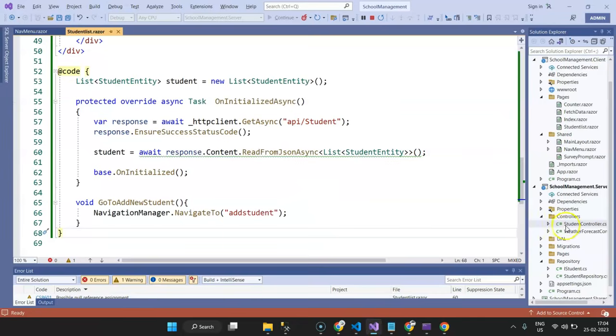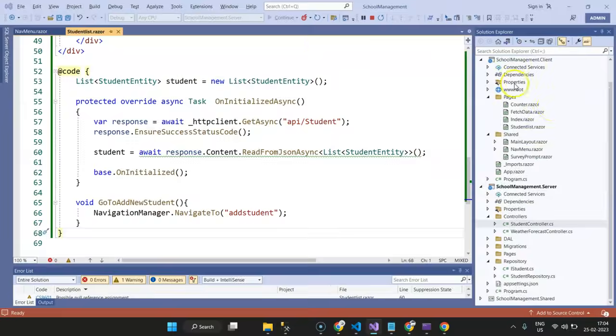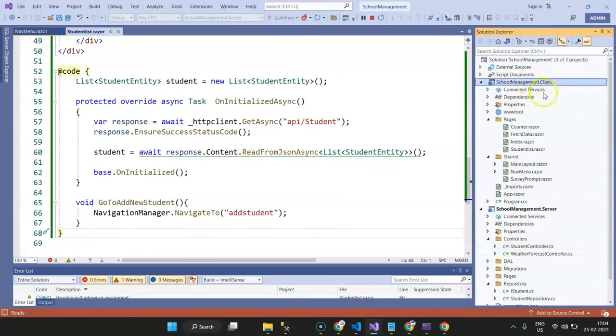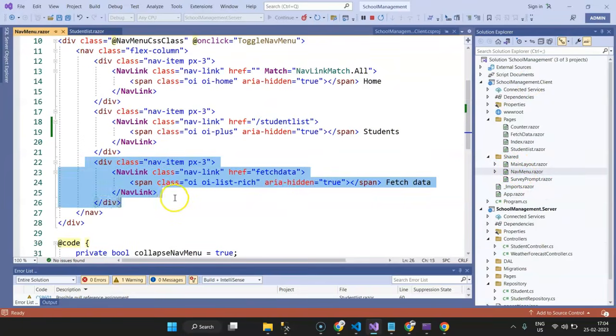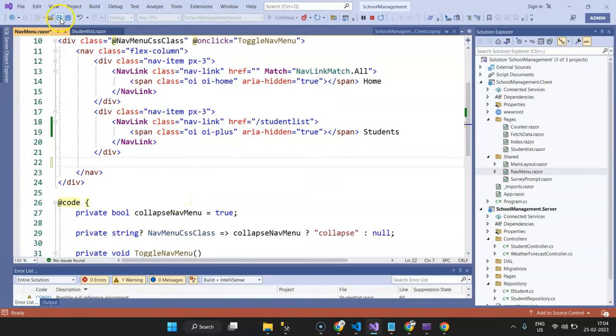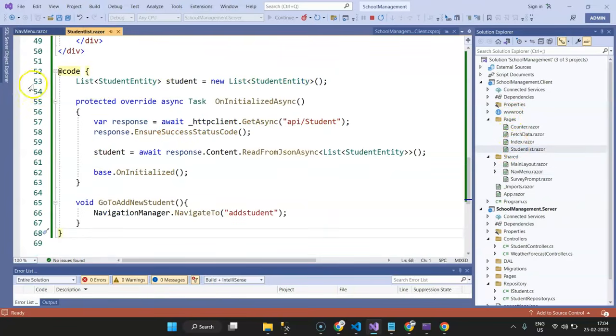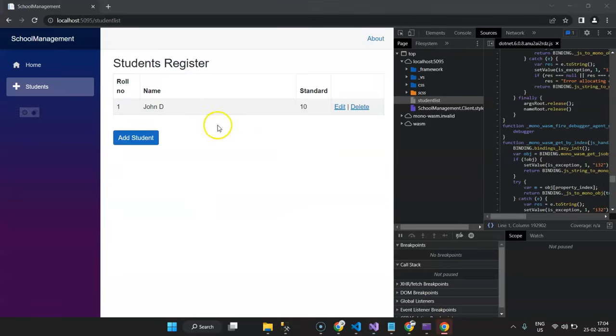Let me go ahead and just remove the other menu, the fetch data menu from here, and I go to the client project here, and I go to nav menu, and I just remove this and save it. Also go to our student list and add a breakpoint just to show you how things are working. I keep a breakpoint over here and come back to here, and if you see the menu is removed without refreshing, and now I just click on the student again,